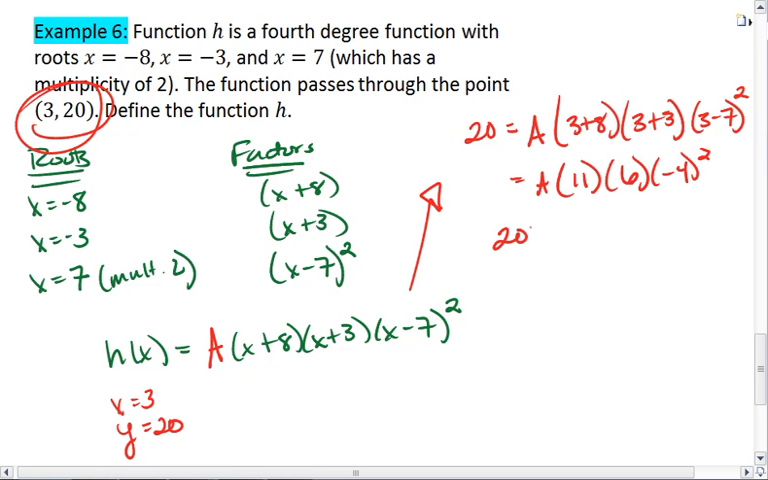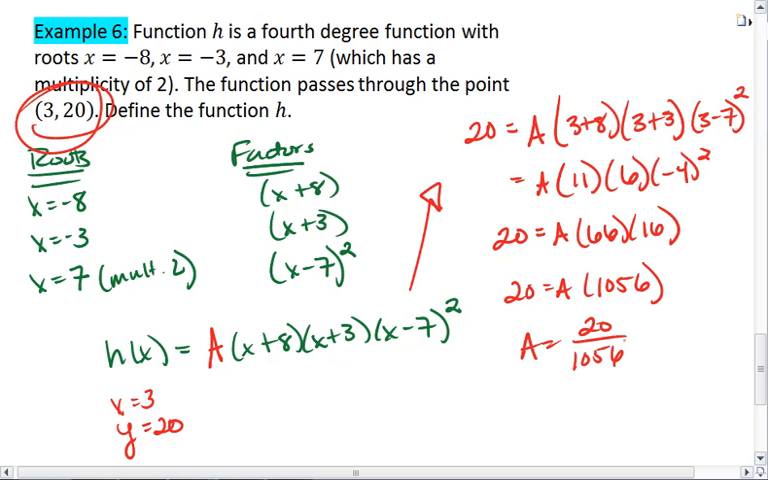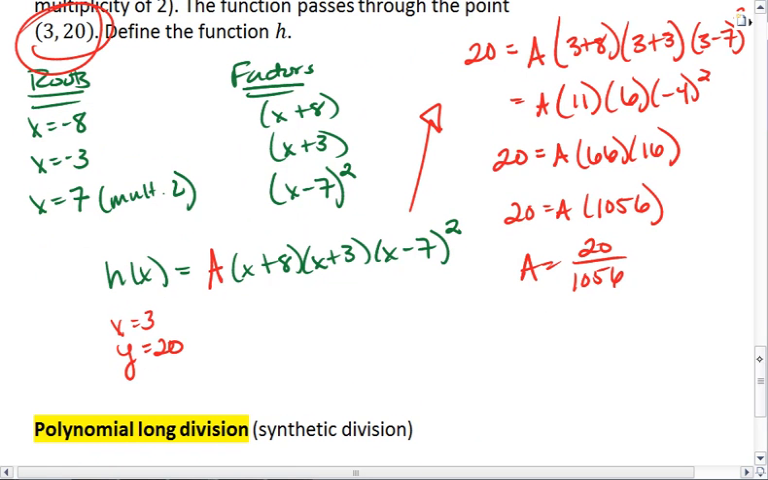We get 20 equals a times 66 times 16. 20 equals a times 1056. So a equals 20 over 1056. Meaning our function is h of x equals 20 over 1056